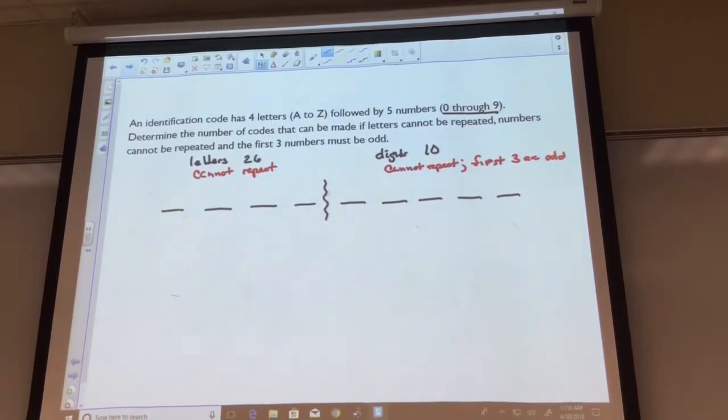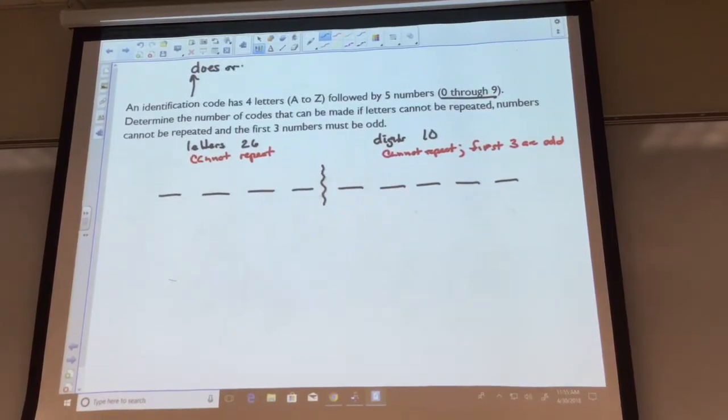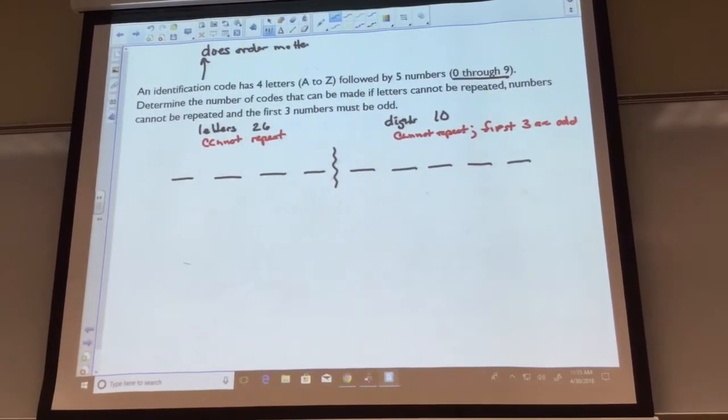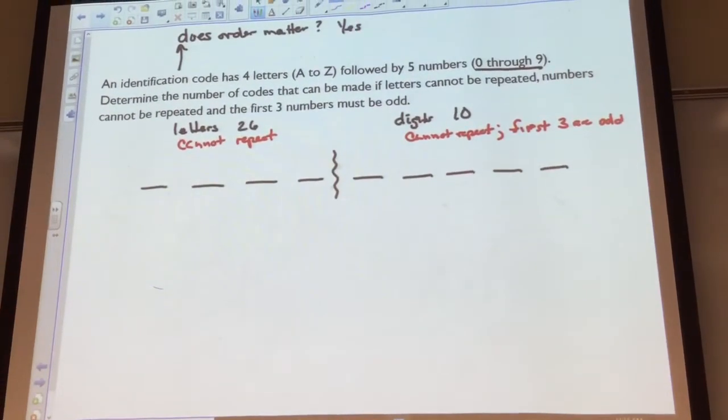It's an identification code. Does order matter? So,